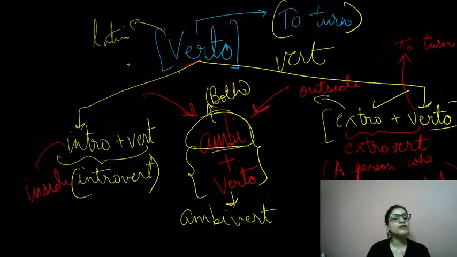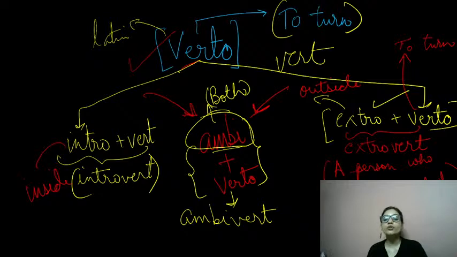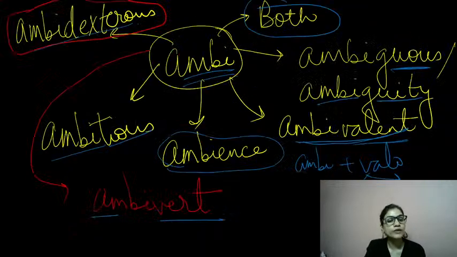Alright, then we talked about another word root, verto. Verto means to turn, and it's a Latin term. If you talk about the English word root, it is vert, right? इसी में से तीन words branch out होते हैं. One is intro, one is extro. तो introvert मतलब person who's turned inside, extrovert मतलब person who's turned outside, and a person who knows both the traits, introvert and extrovert, is an ambivert, right? तो ये सारे words भी याद रहेंगे, introvert, extrovert and ambivert.